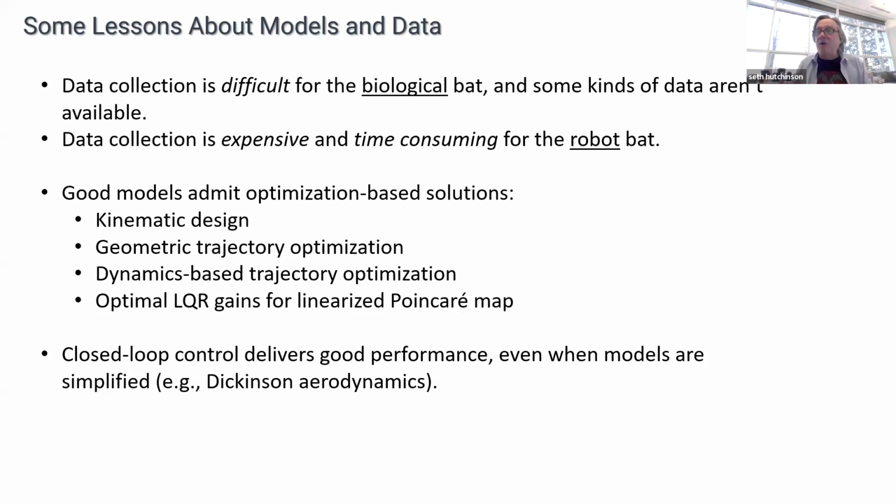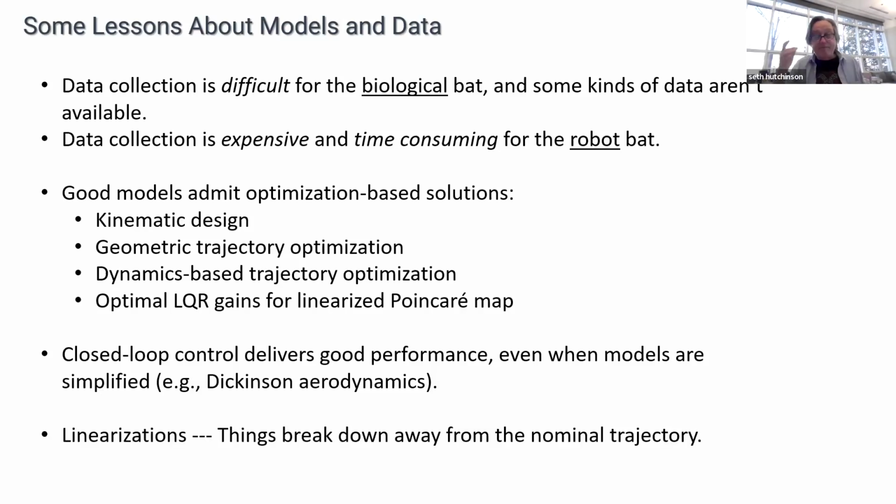In some talks, I talk about the sort of power amplification that you get. It's like an analog power amplifier of aerodynamics. It's like a spring in a leg when you put a flexible membrane on a wing, right? During the downstroke, the membrane deforms and fills up with air, and at the bottom, it pushes the air out to lift you back up. And we didn't model any of that, but the closed loop control worked really well.